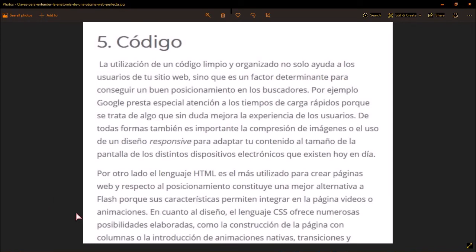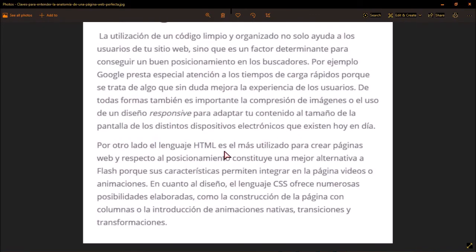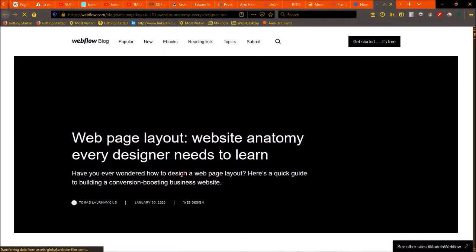And there is more advice here about the quality of the HTML and the use of CSS for formatting the website, that makes the page nicer and also better positioned.